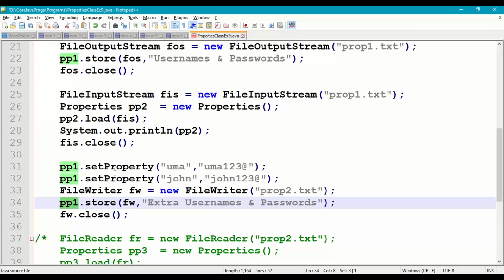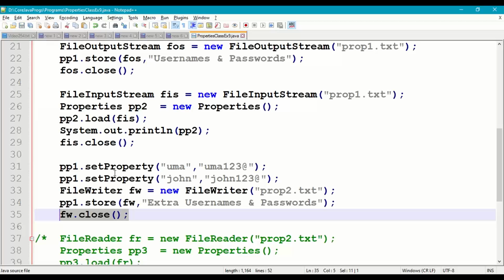Now pp1 contains 7 properties as key value pairs, so store that into the FileWriter, prop2.txt, and the comment or description is extra usernames and passwords, and then close the